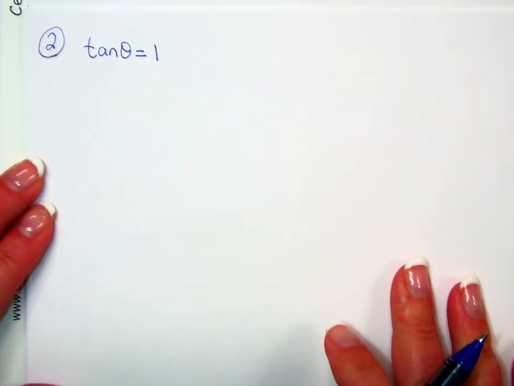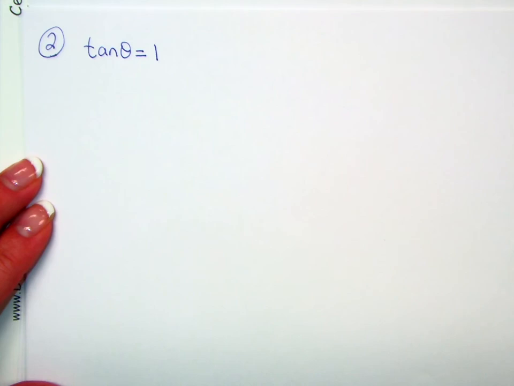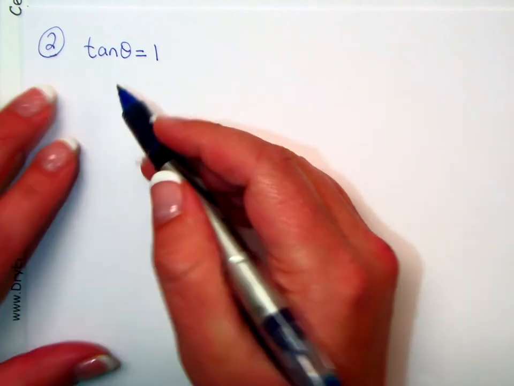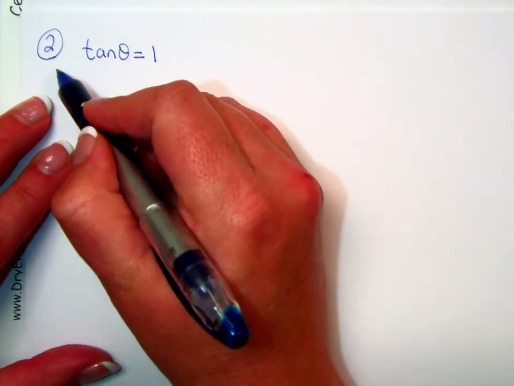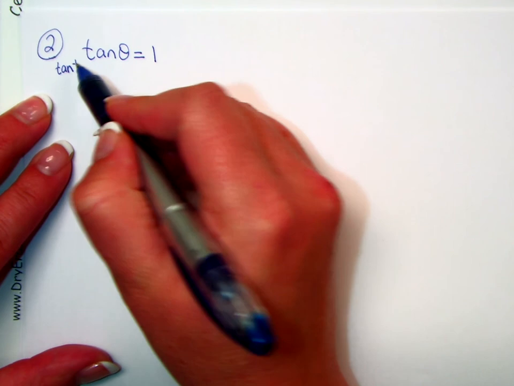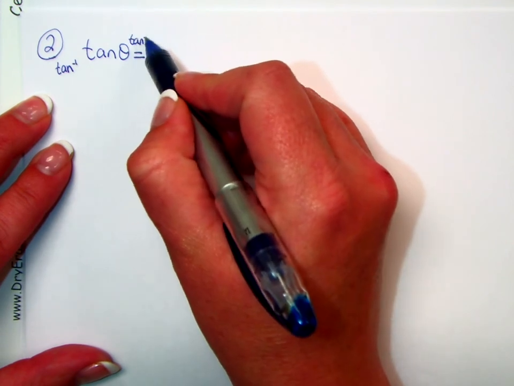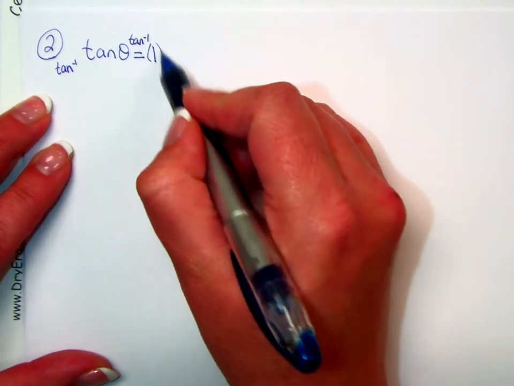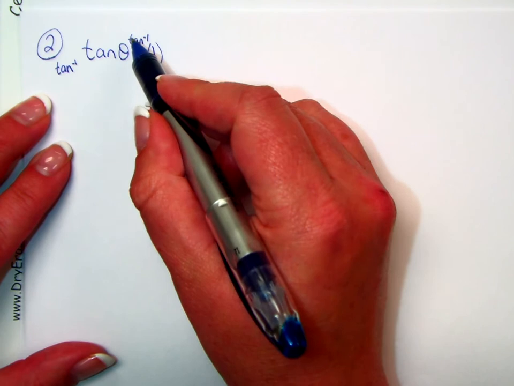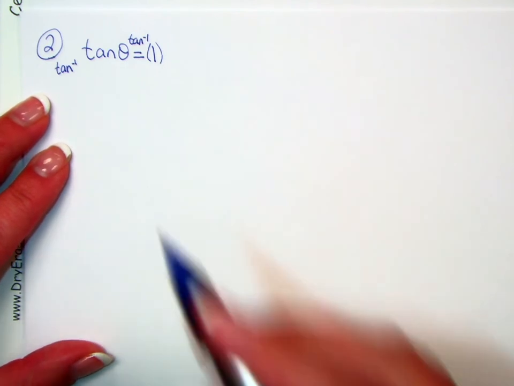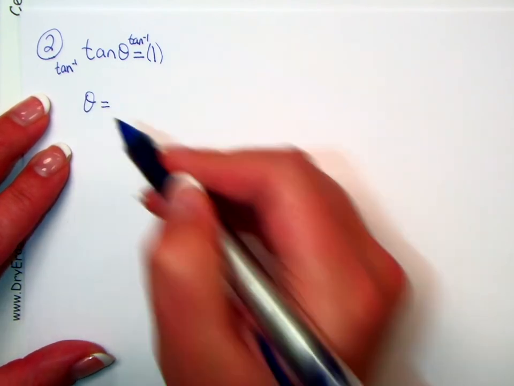Okay, so if I were to solve this using inverse tangent, to get theta by itself, I'm going to tan inverse both sides, right? So I'm looking at the tan inverse of 1. Now the calculator is only going to give me one solution, but that one solution is a good starting point,